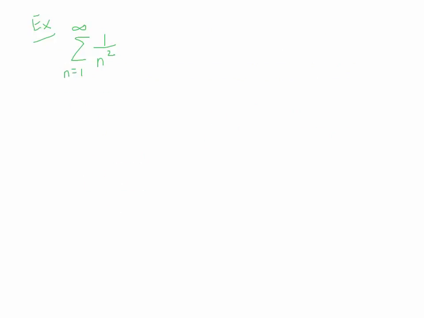If we consider this particular series here, hopefully once again you can recognize that this is going to be a P-series, and in particular our p-value is 2, which is greater than 1, so this particular P-series converges. Well, if we take the general term of 1 over n squared, and perhaps we multiply it now by the number e,